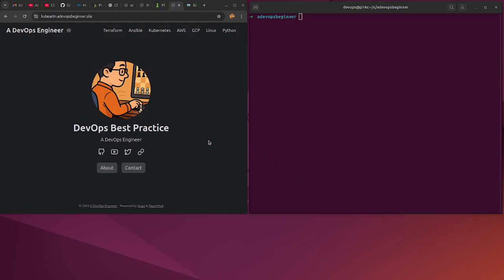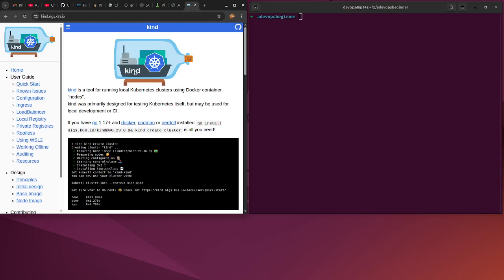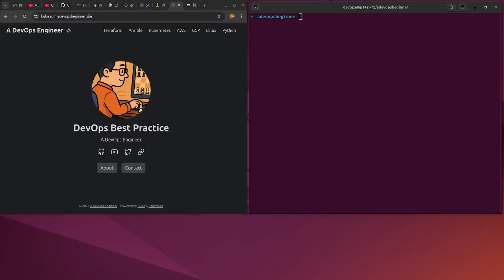I'm making a video recording step by step how I manage my Kubernetes cluster for my home lab. So today I'm gonna use Kind. Kind is a tool for running local Kubernetes clusters. Kind is Kubernetes in Docker. So the goal today will be